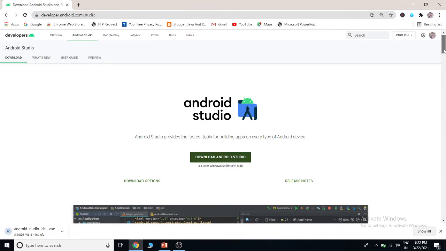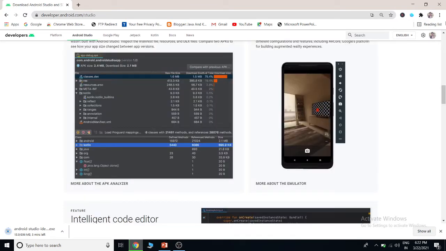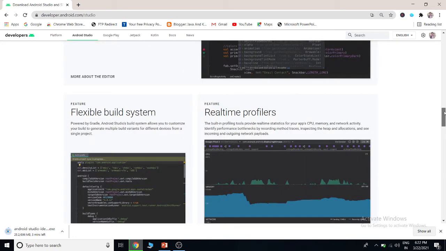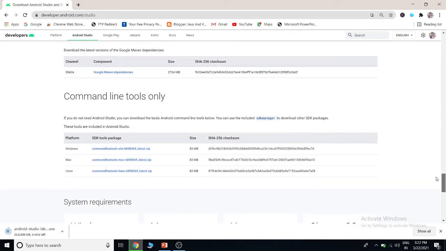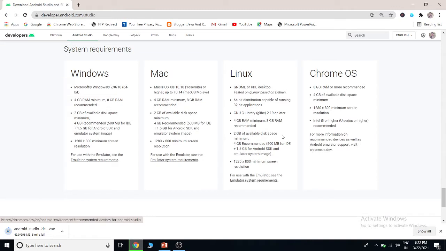So I will tell you the requirements. What requirements are required to download the Android Studio? If you are downloading on Windows, you should have Microsoft Windows 7, 8, or 10. It should be 64-bit and you should have 4 GB RAM minimum, and 8 GB RAM is recommended. You should have 2 GB of available disk space, and after that,